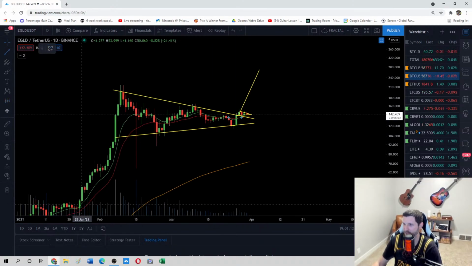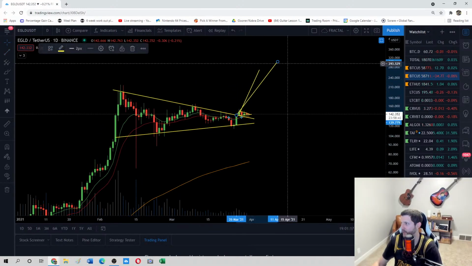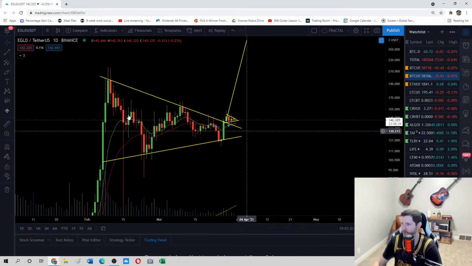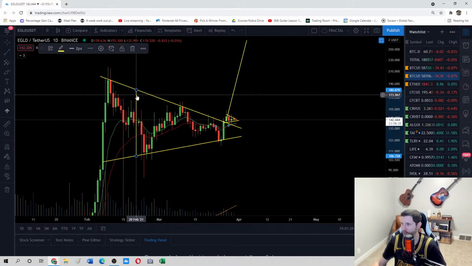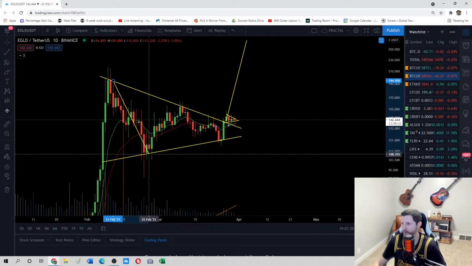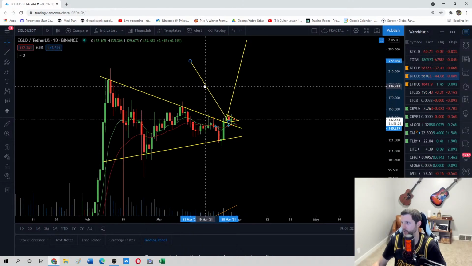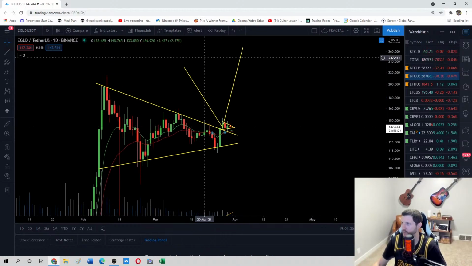And if we're saying this whole thing is the flagpole, then technically my target would be even a little bit higher at like 300. Okay. Now for symmetrical triangles, you can also use this as a target from the top to the bottom here. Okay. And then take it up here. And from breakout, my target would be about 230. So I would be looking 230 to